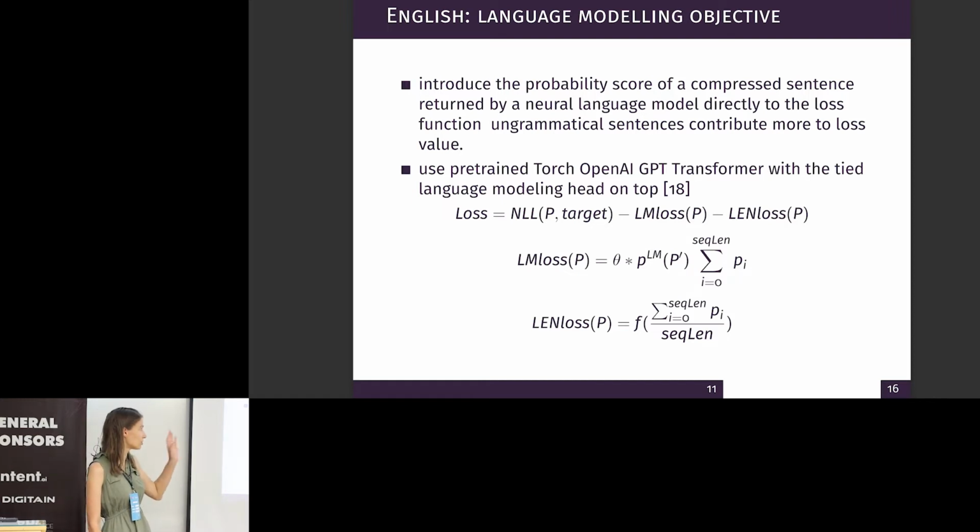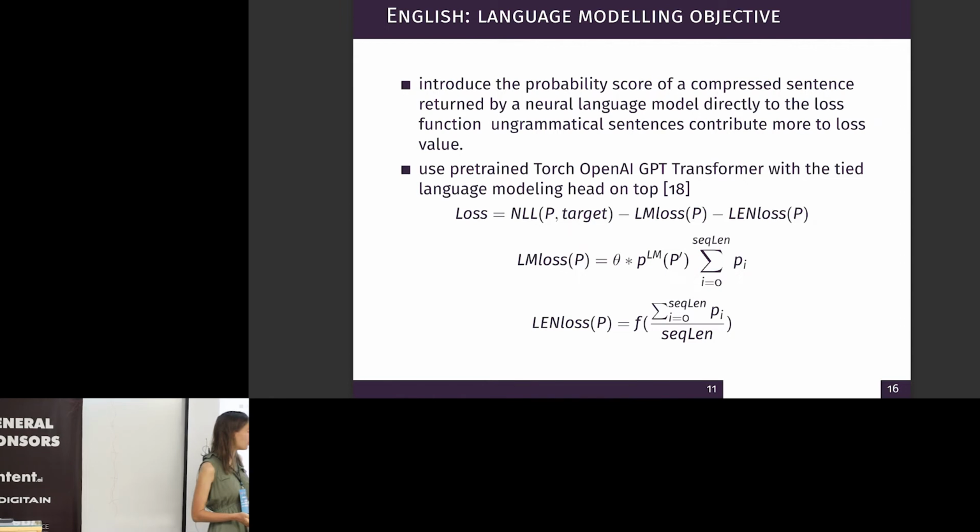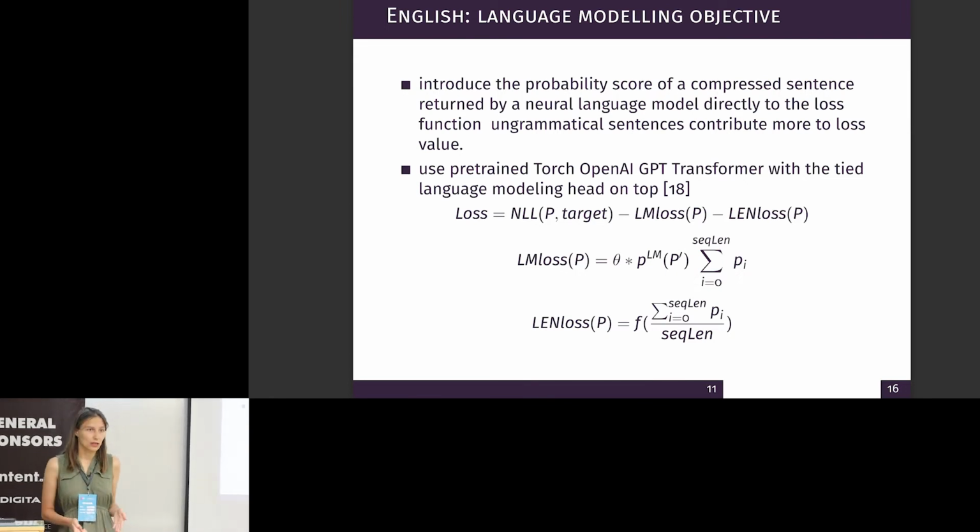I used Torch OpenAI GPT transformer, but probably any good enough language model can do. And then to make the function differentiable, we multiply the probabilities obtained from the language model by the probabilities returned by the classification part. And then there is a third component, which is length loss, which is a function of probabilities which